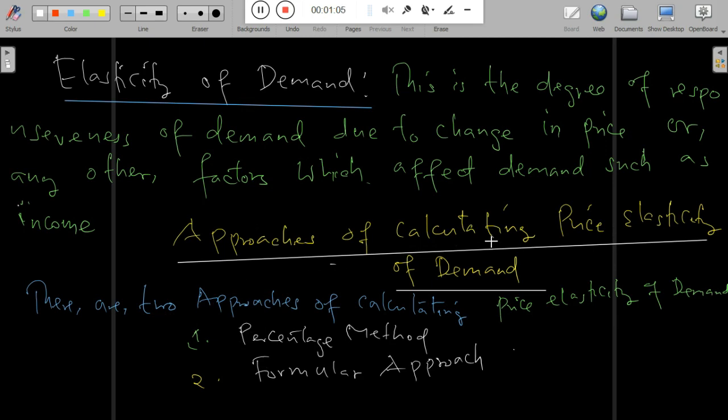So the degree of responsiveness of demand due to a change of price or any other factor which affects the demand, such as income, is what is known as elasticity of demand. The concept of elasticity is not actually meaningful to correlate with physics, but here we are looking at the degree of responsiveness